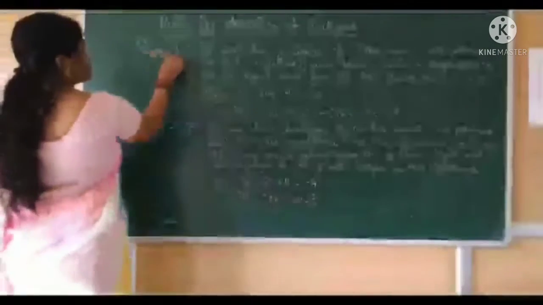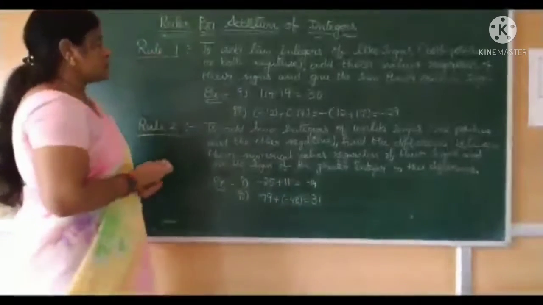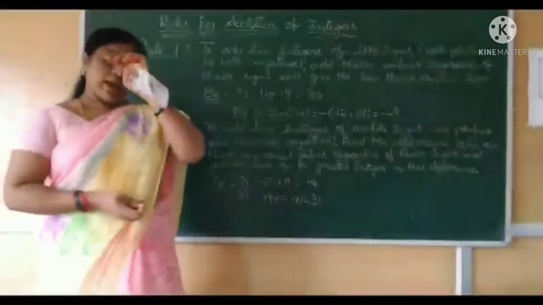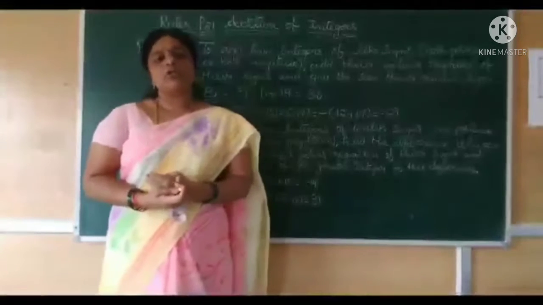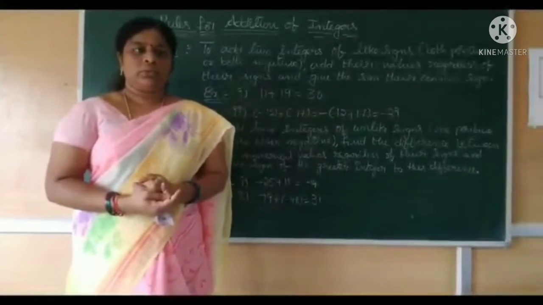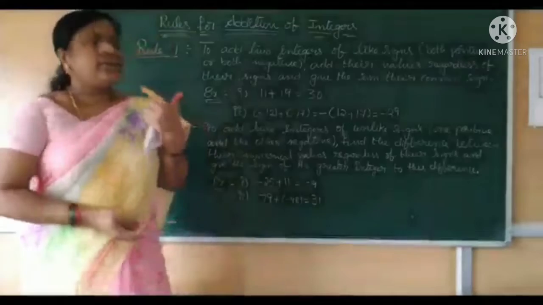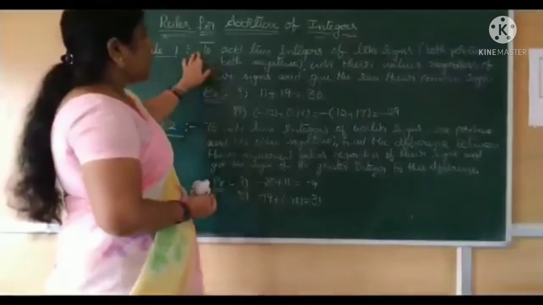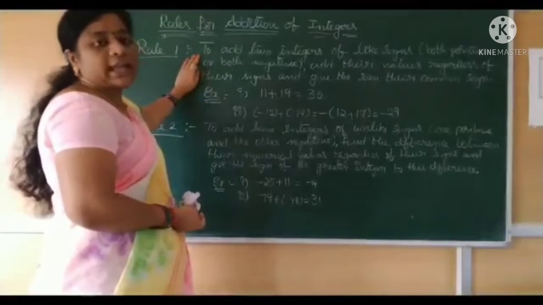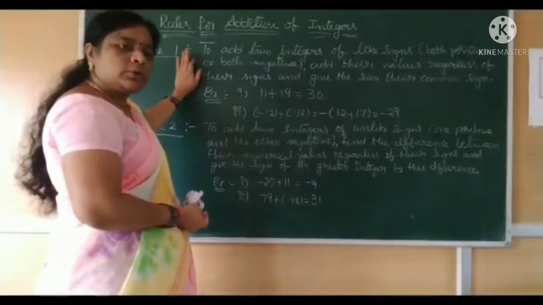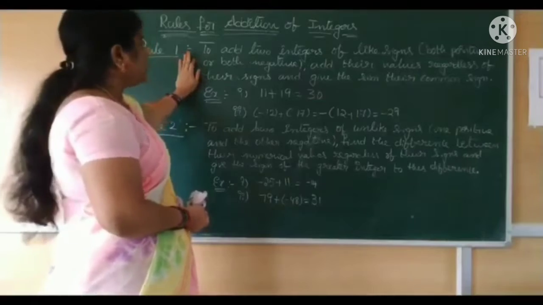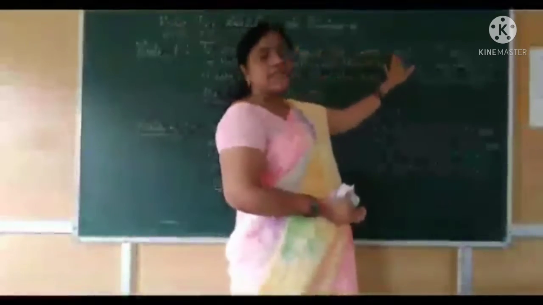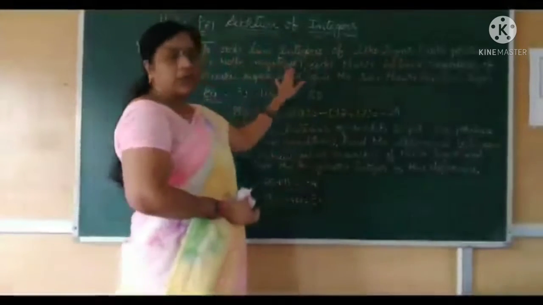Rules for addition of integers. First one: to add two integers of like signs. Like signs means both are positive or both are negative. Just add their values and keep the sign the same. To add two integers of like signs, both positive or both negative,